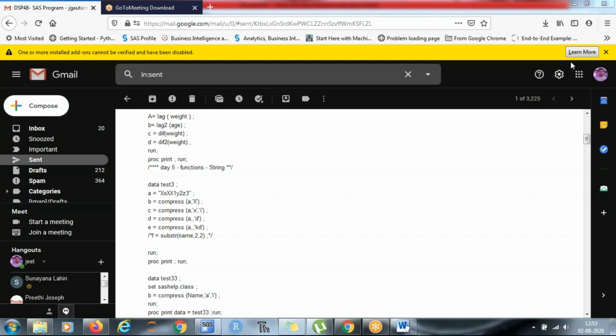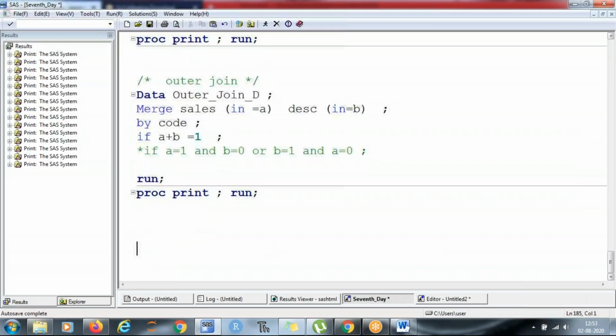So this is the midway, right? So your data step programming is over. Now we will move into procedures. All right. Though your program has a few procedures, I will cover a good amount of procedures. Again, the same thing that I will request you: practice, practice, practice.